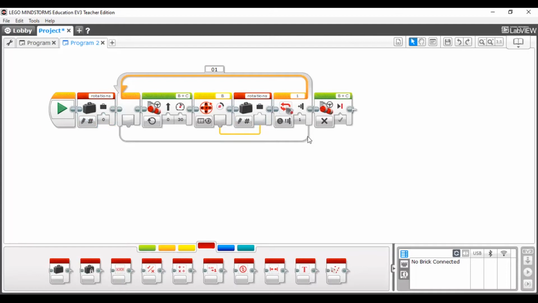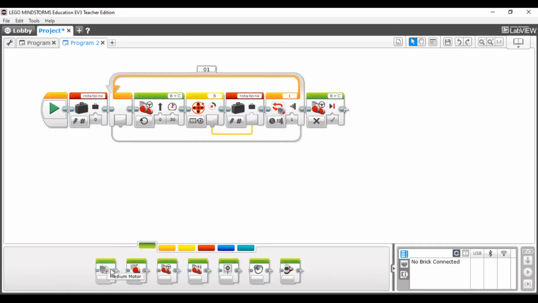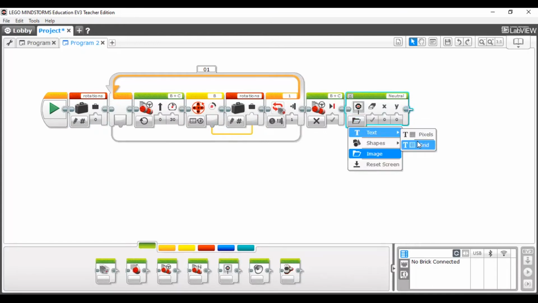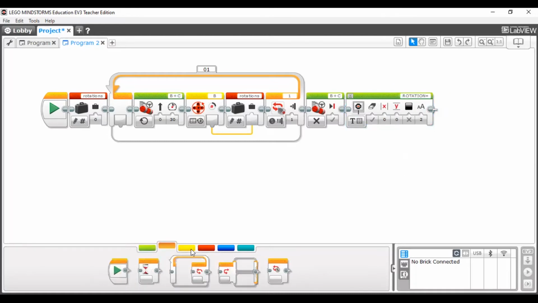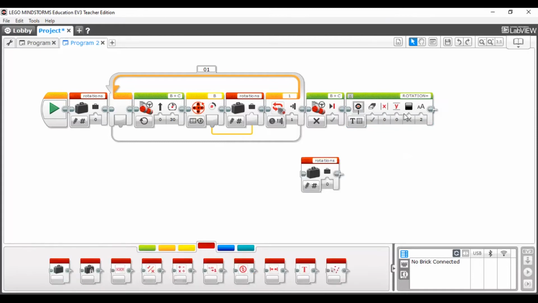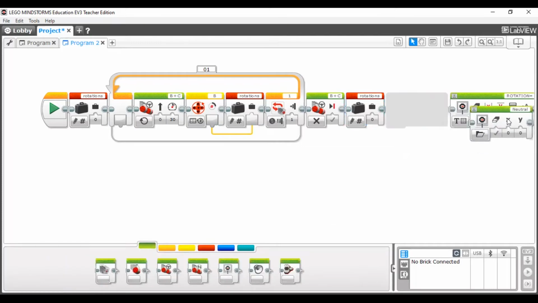Then later, once it is completed, it reaches the corner, and after that I want to just display my values. So how can I display? Here you can take it simply. Okay, so the display block is here. I can take the display block, make it change to text. Grid you can keep. Here you can give the rotations, rotations equal to. You can make it like this, and now here you can use your variable, because everything we are storing in a variable. So you can put the variable here and take one more display block.